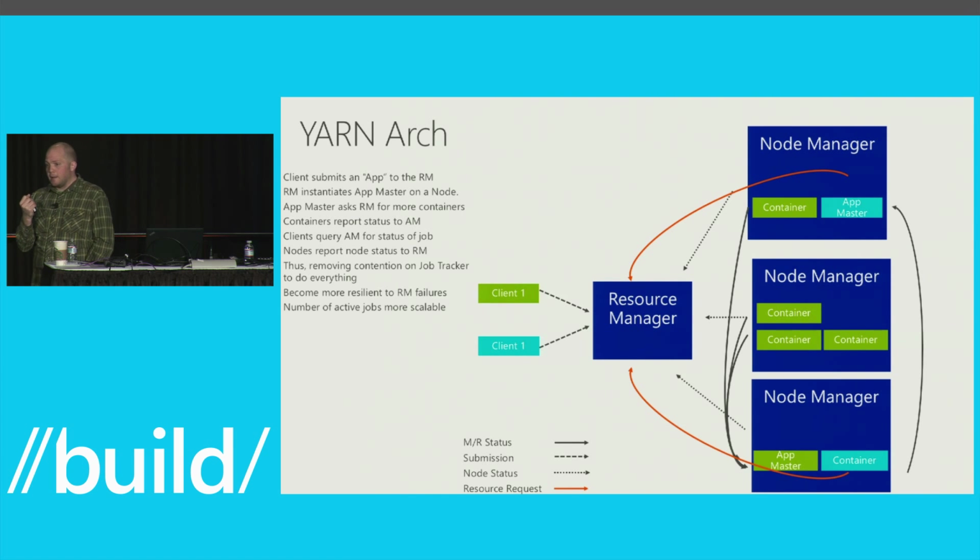Somebody has submitted an app, so let me look at all the nodes I've got. Let me pick one, and there's a pluggable algorithm that you can twiddle with if you want to figure out how it assigns that. I will get that slot. I will get, not a slot, I will get that container. Container is just a process that's running on that node. And in that container, I will spin up the app that someone submitted. And so